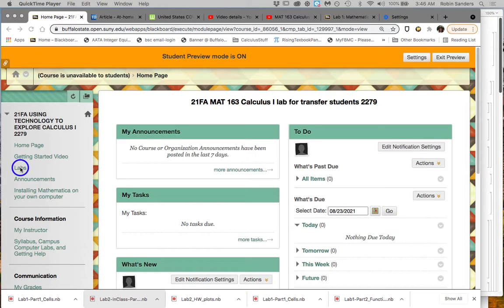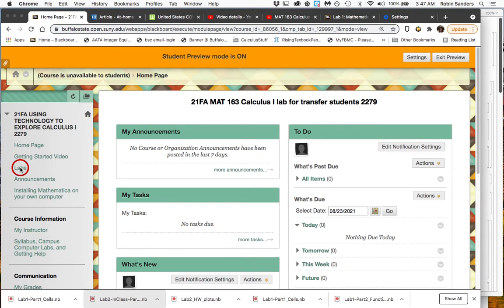In a traditional Mat 163 class that is being taught along with a Calculus 1 lecture, the course meets once a week and there are usually about 13 or 14 assignments. We will have 14 lab assignments for you to complete by October the 15th, and so that works out to about 2 labs per week. If we click on the labs